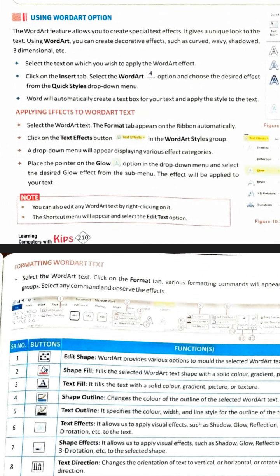Next one, word art. Word art means stylish characters, stylish banner or stylish text. If you want to write stylish text in your document, then you can insert word art. Where will you find word art?